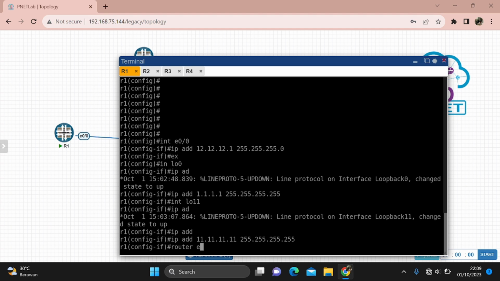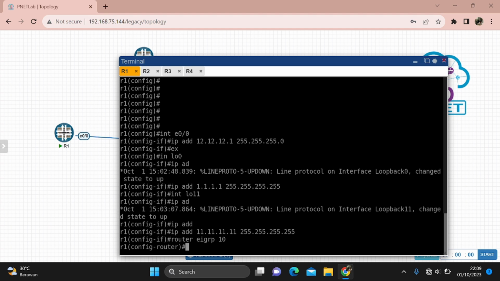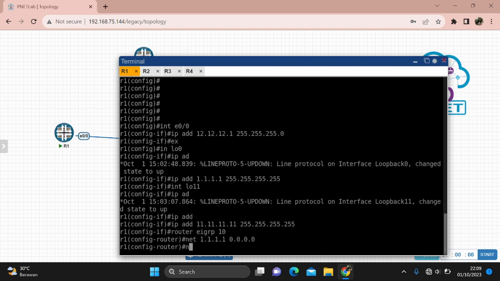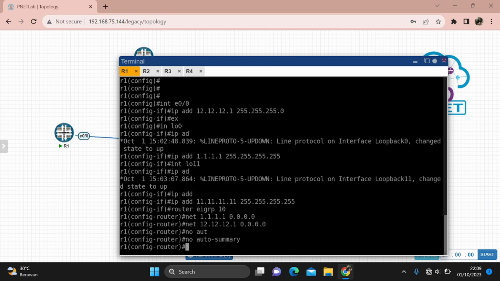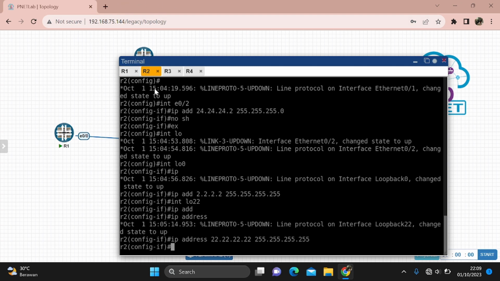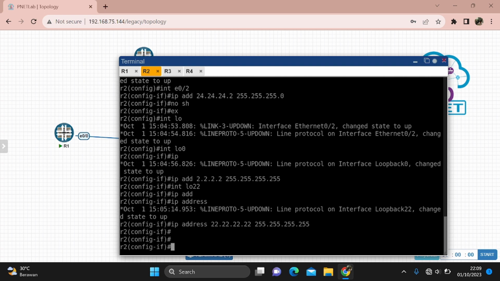Router IGRP 10. After that network. After that configure the IGRP in router 2.